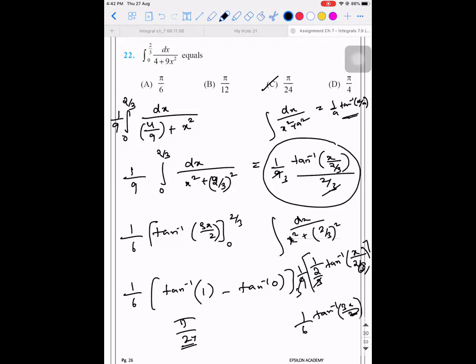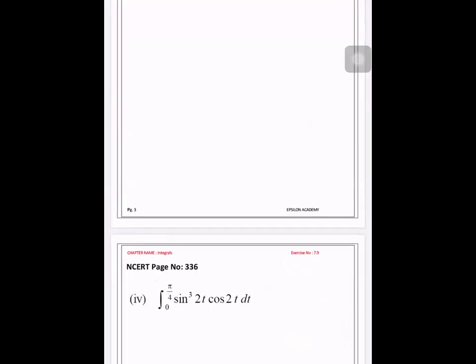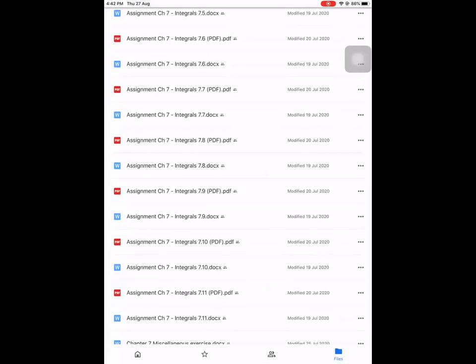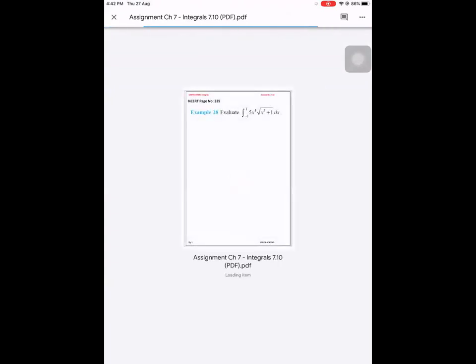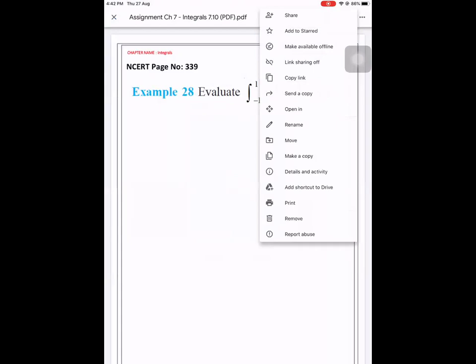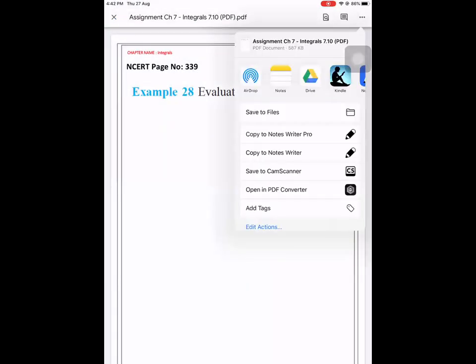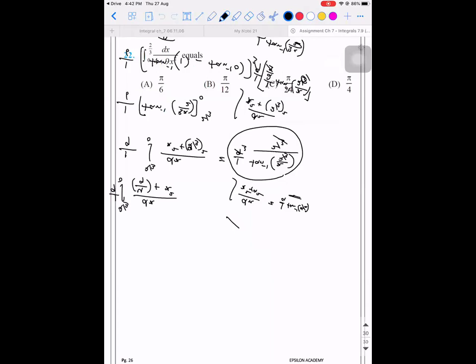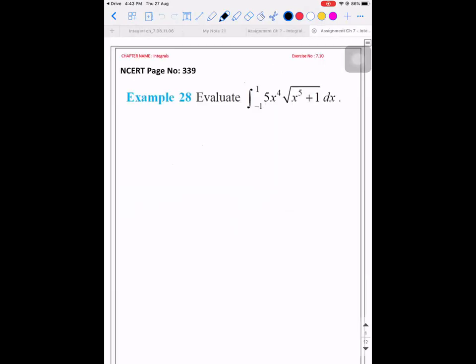Okay. This is all about 7.9. But actually, the concepts that we have discussed are for 7.9 and 7.10 as well. So 7.10, I'll do 2-3 problems. You can try out the remaining problems. Next class, I'll clear your doubts. And after that, there is only one exercise left. Next class, this chapter will get over. Okay. So I'm opening 7.10, the 10th exercise. Sir, will you send this answer, please? Sorry? So will you send this answer? Yeah, I'll send it. Yeah, I'll do that.